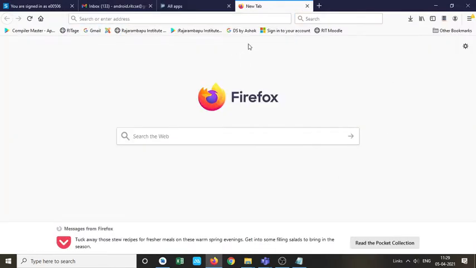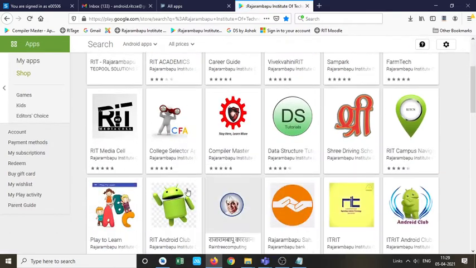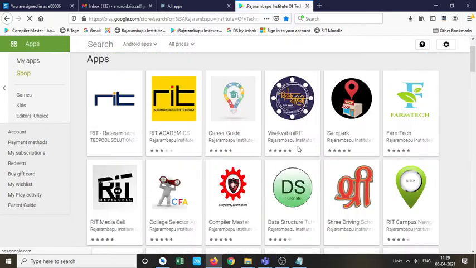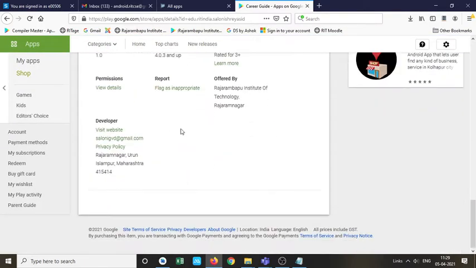If I open ours, these are the Android applications published by us. If I select any, suppose Career Guide, then here we get the email ID, Saloni GVD at gmail.com. So she has published this Android application.